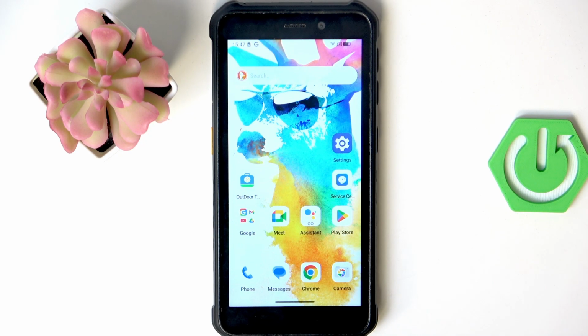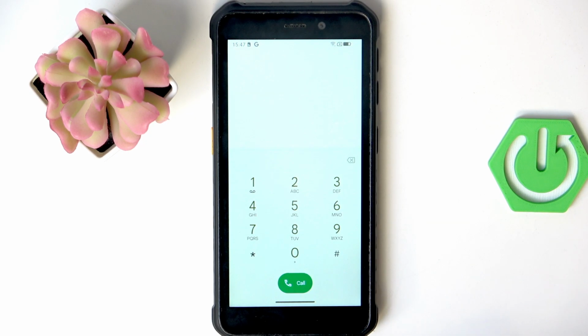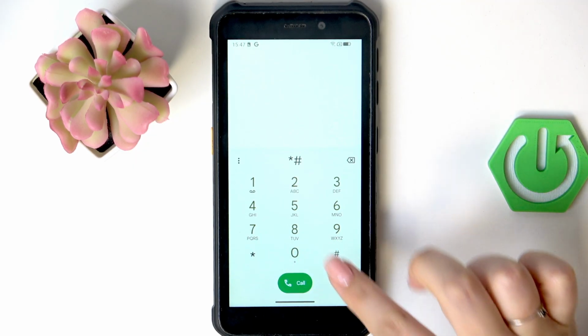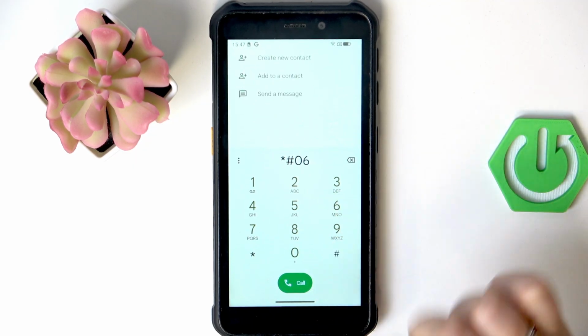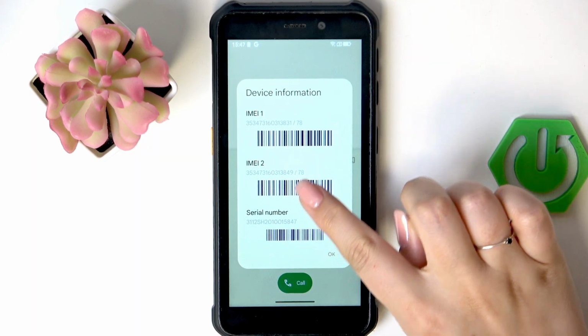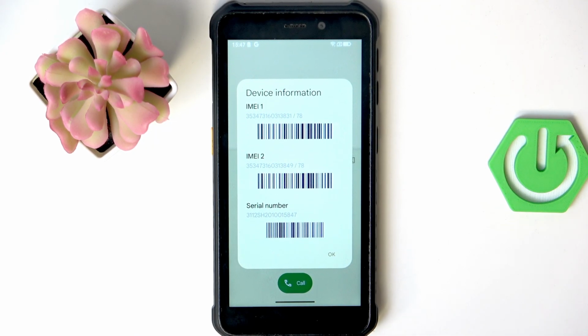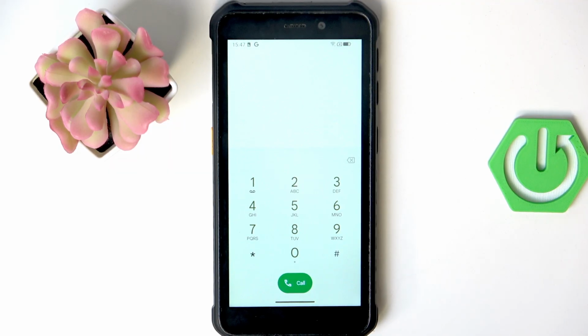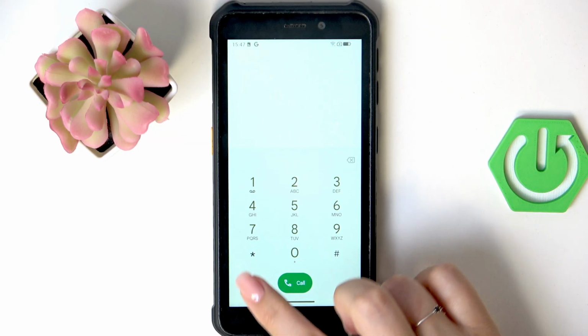So let's begin with opening your dialer and start with the shortest code, which is *#06#. And as you can see, by this code we are provided with both IMEI numbers and a serial number of this device. So let's tap on OK, and another code, actually similar to the previous one,